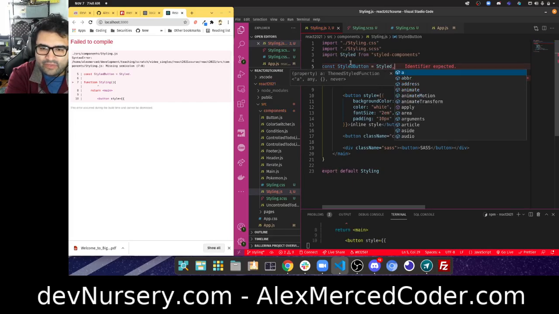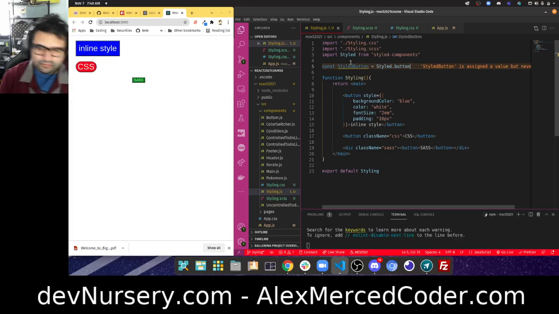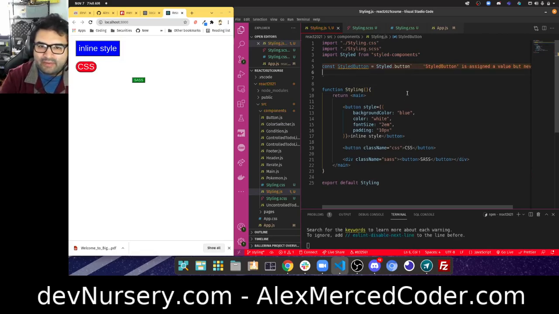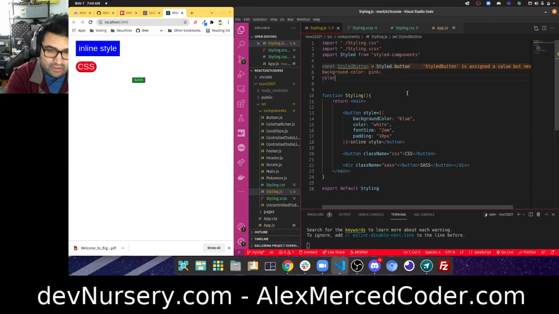And then I would do like styled, let's say button. And this is used to create a tag template literal. So then I would pass 2 backticks, and then here I would write my CSS. Okay, so between those backticks is where I would write my CSS, and I would just basically say, let's say background color, and I can use normal CSS syntax, not camel case. So we'll say pink, color crimson,